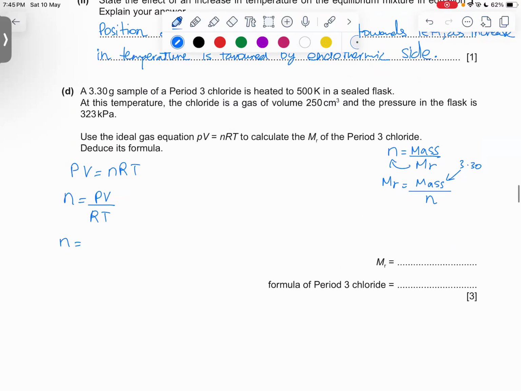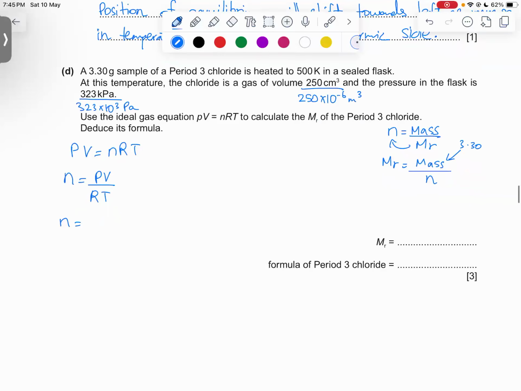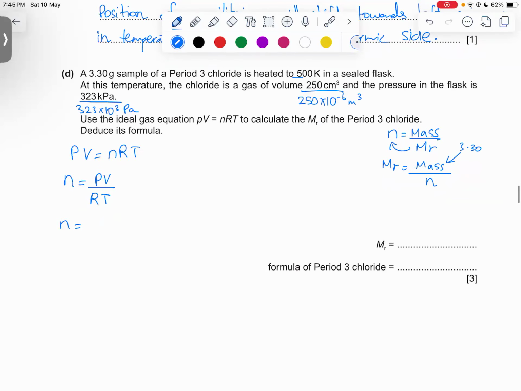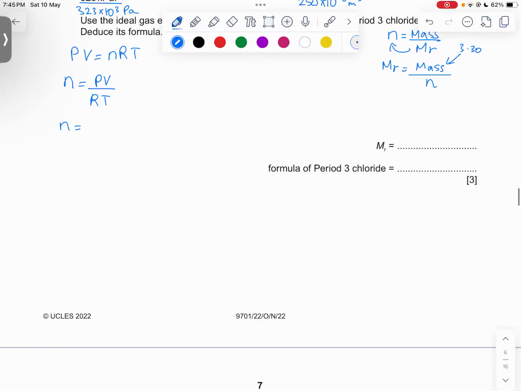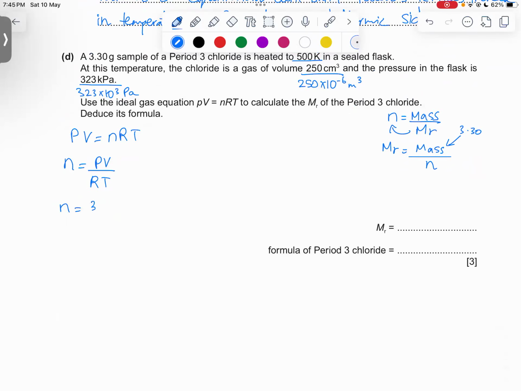N is equal to pressure. We change it to 323 into 10 to the power 3 pascals. Volume, we change it to 250 into 10 to the power minus 6 meter cube, right? Because we want the volume and pressure in meter cube and pascals. This is something you have to remember. Temperature is already given to us in Kelvin, so we'll keep the temperature in Kelvin. So now we put the equation in. Pressure is 323 into 10 to the power 3 multiplied by 250, the volume, multiplied by 10 to the power minus 6